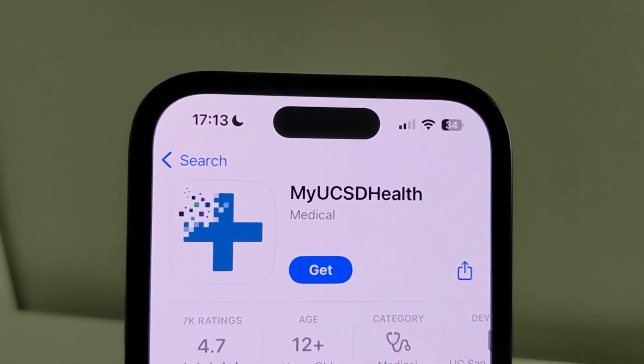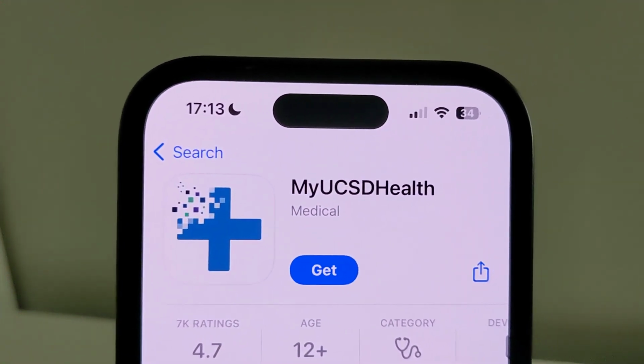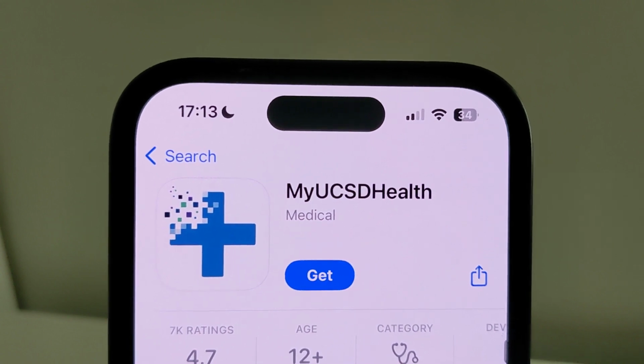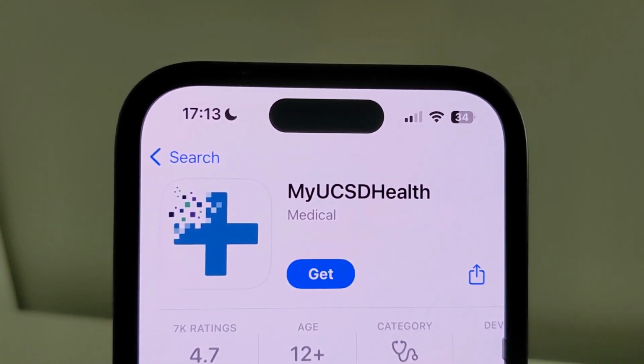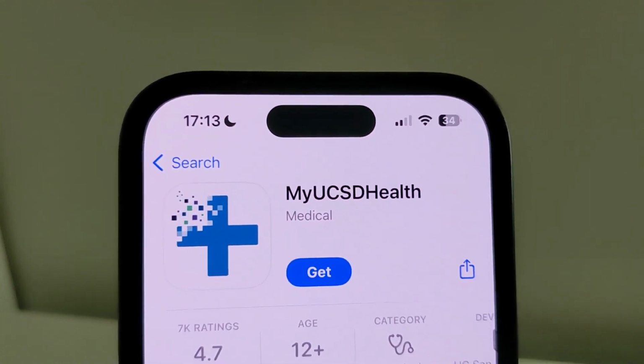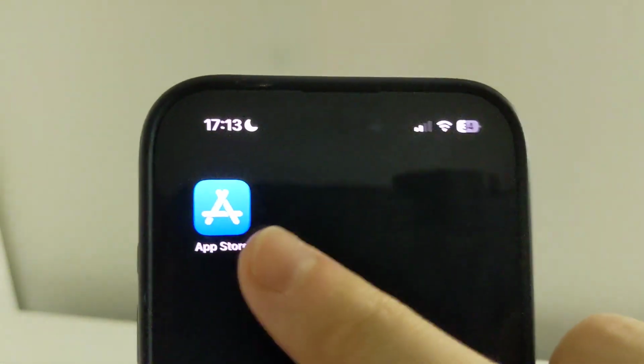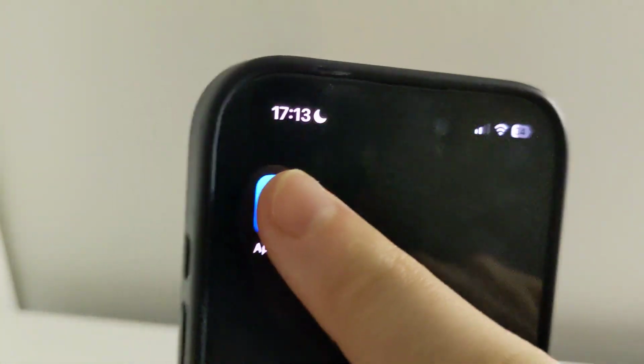Welcome back, guys. In this video I'm going to show you how to find and install MyUCSDHealth app. So first thing first, open App Store, click on the blue icon right here on your home screen,